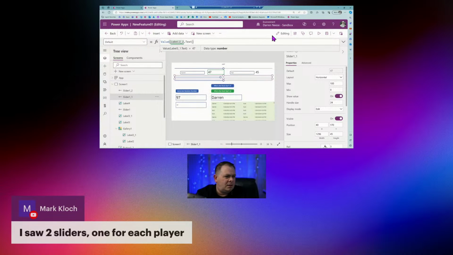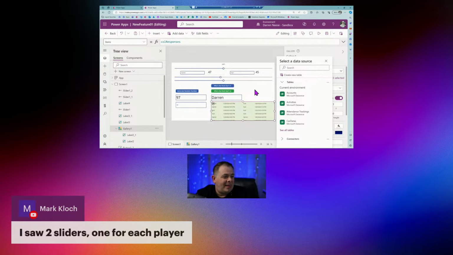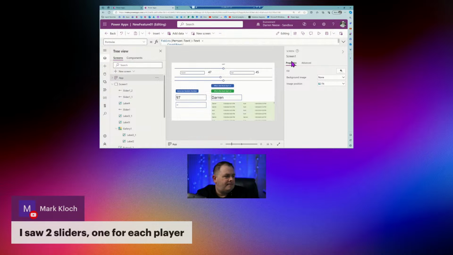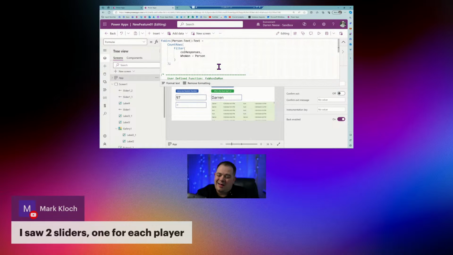Now, what's the total? What is the max? Well, how many times has it been called? We could create yet another user-defined function. fx total tries, and this is going to be a number.